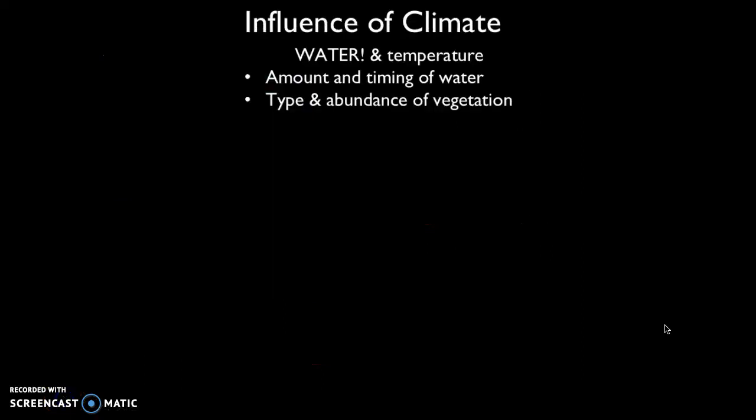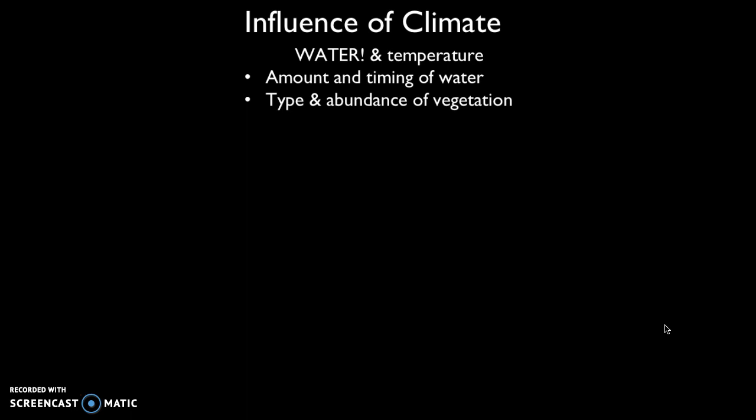Okay, so because mass wasting events are so dependent on moisture and on water content, they're also going to depend very highly on climate. Climate is basically driven by both moisture and temperature. Temperature itself is going to drive whether the moisture you have is in the form of liquid water or solid water, right? Kind of like snow or even hail. So the influence of climate is also very great in determining what type of mass wasting event